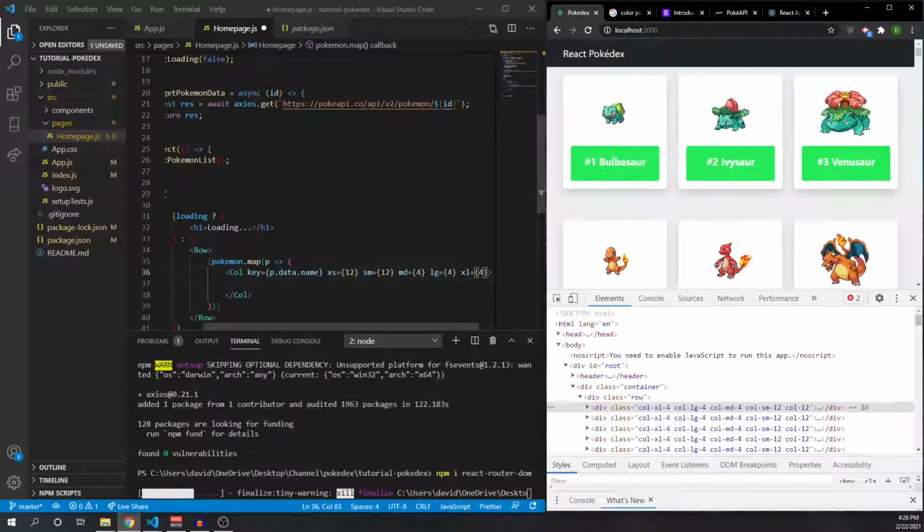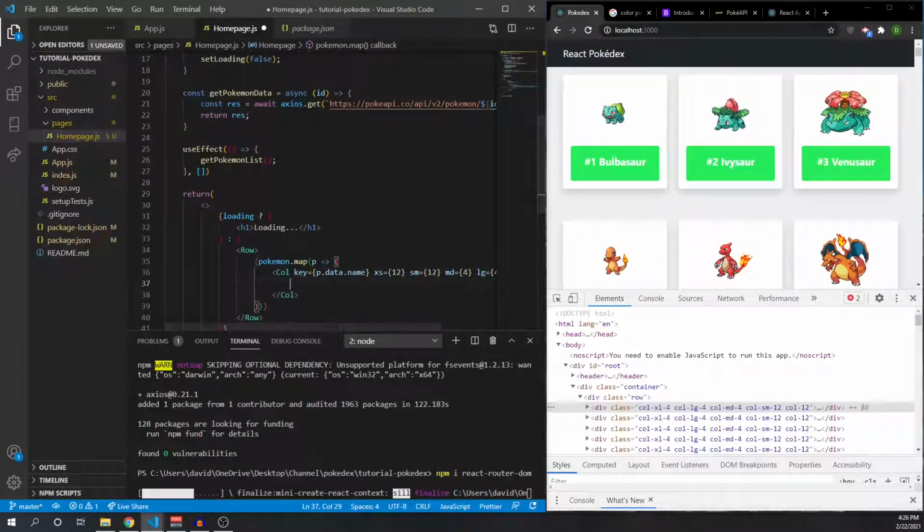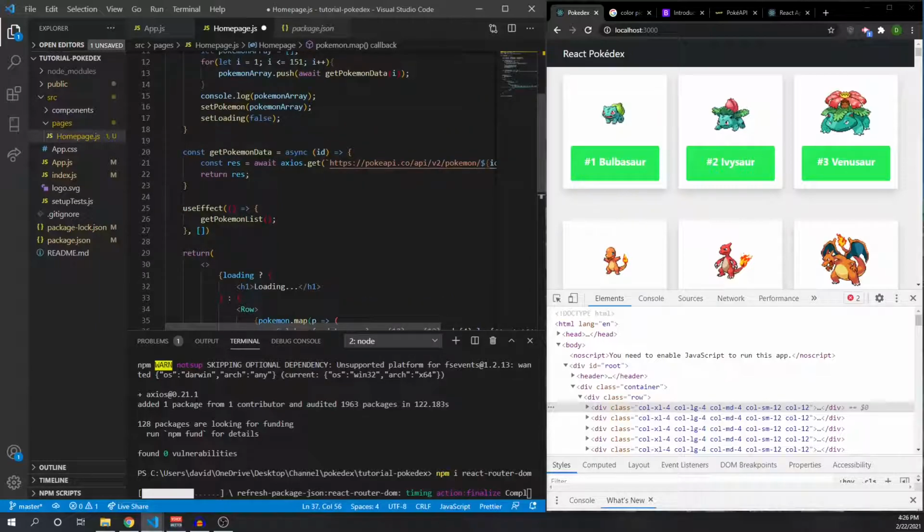All right. So after we do that, we'll go inside the column. We're going to write Pokemon. This is a component we have not made yet, but we're going to do very soon. So we'll give the attribute of Pokemon. We'll send in the Pokemon's data. So we're going to map through that array of Pokemon, get their data, and send that individual data to a component called Pokemon. And then that Pokemon component will render out each Pokemon's